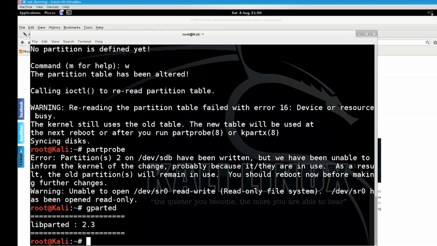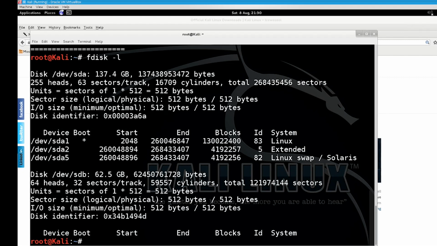And we're going to go ahead and close gparted because we don't need it, and type in fdisk -l and sdb. Excellent. So we no longer see the partitions because there are no partitions, and it says /dev/sdb. So my drive is 64 gigabytes, but I can only utilize 62.5. Oh well, not a huge loss. Now all that we need to do is type in dd space if, meaning input file,